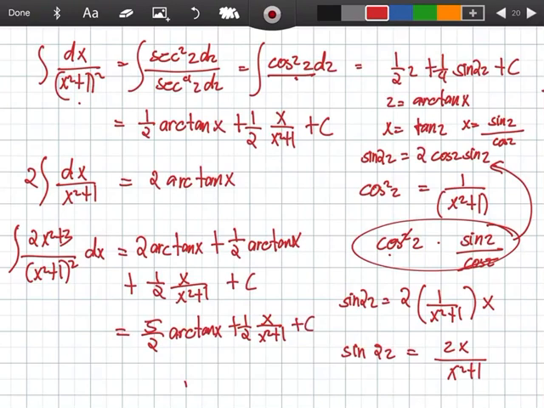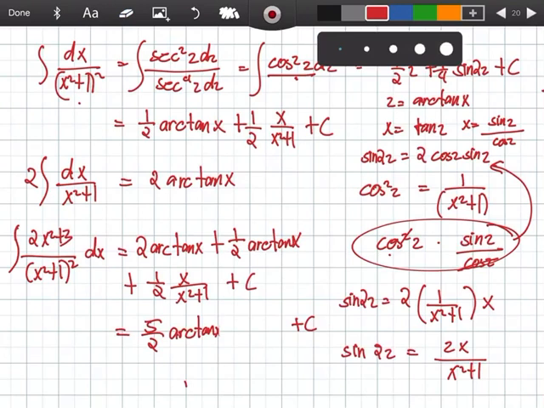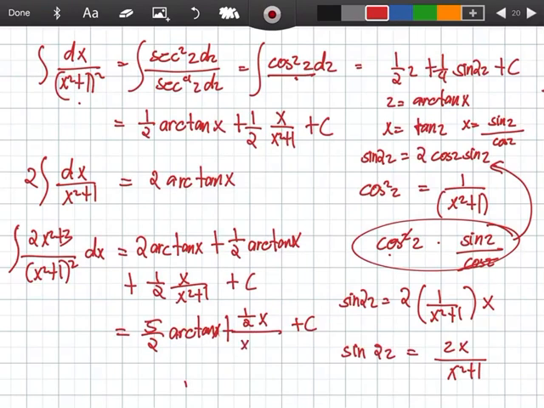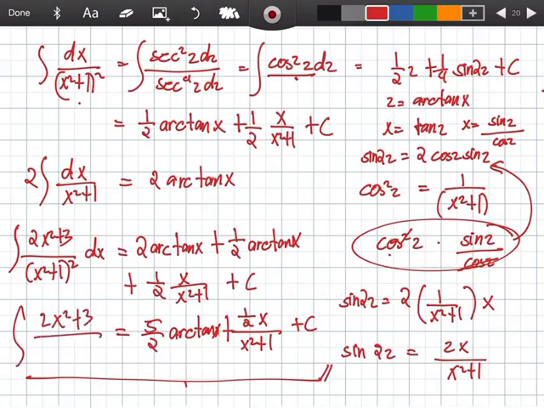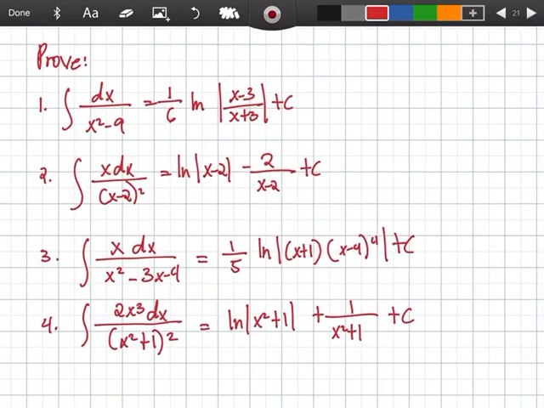Okay, so to write this more nicely so it is not confusing: 5/2 arctan x plus 1/2 x over x squared plus 1. So this is the answer. The integral of 2x squared plus 3 over x squared plus 1 squared dx. So that is the answer. Okay? So class, you have an activity. You'll have to prove this one. The answer is on the right side of the equation, and